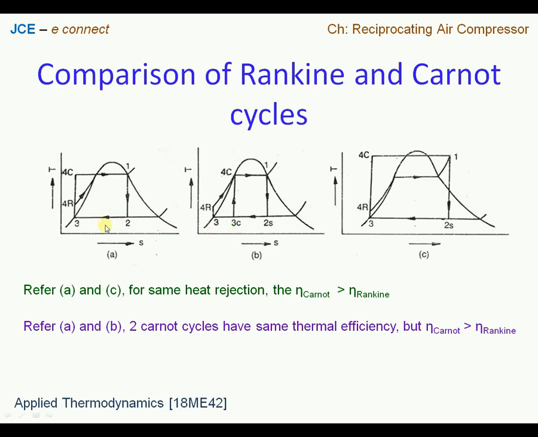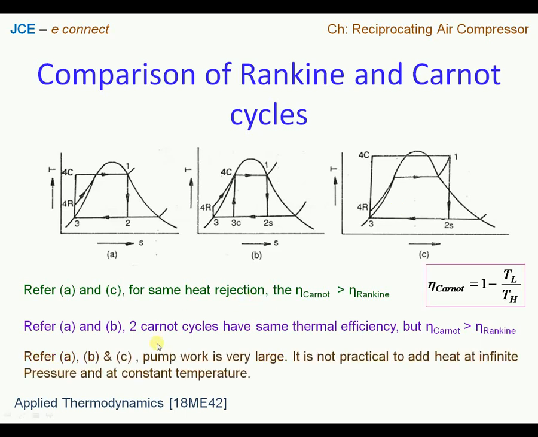Now looking at all the three plots, we see that process 3 to 4C in plot C, and in B also, 3C to 4C, and in A from 3 to 4C, the pump work is very high as compared to the Rankine work. Therefore this is very large pump work and it is not practically desirable. So referring to figures A, B and C, pump work is very large for the Carnot cycle,